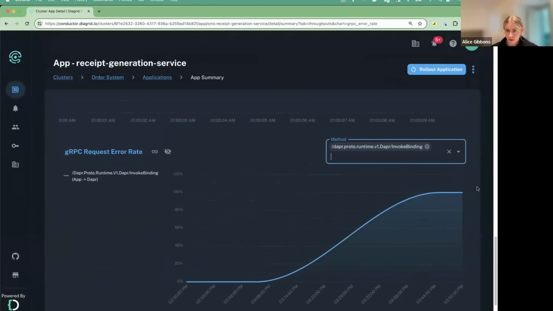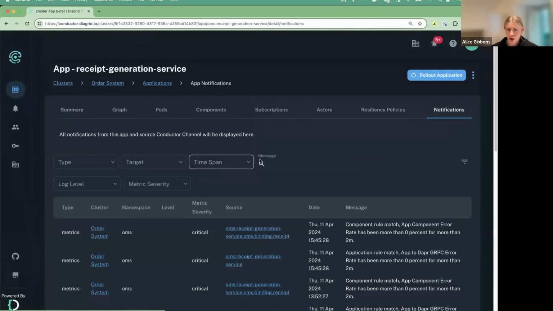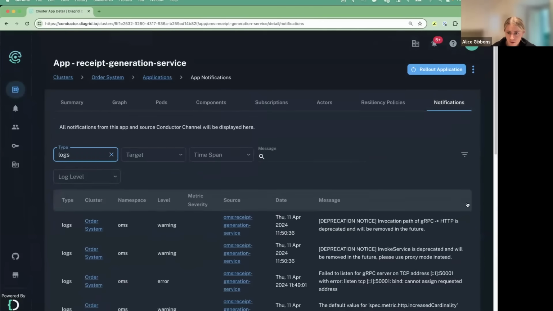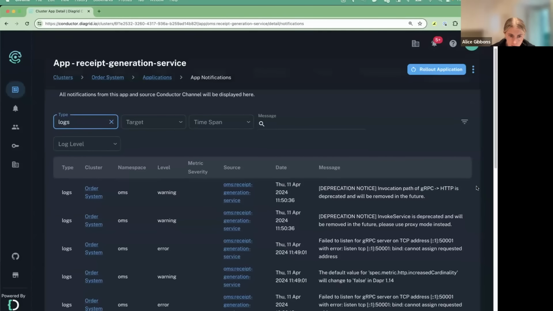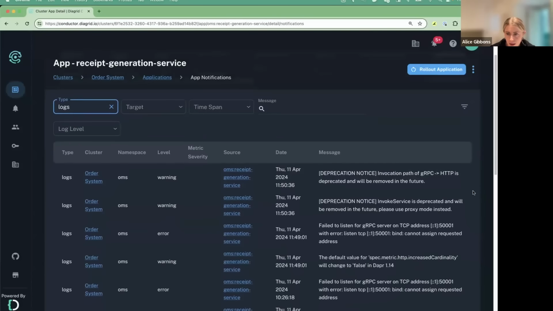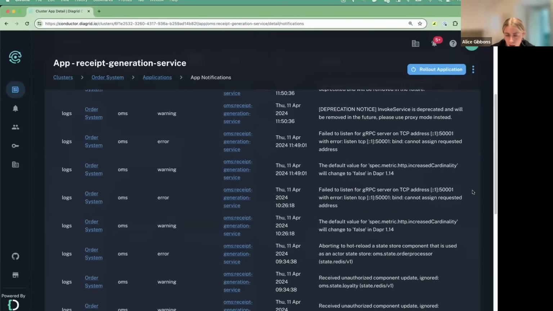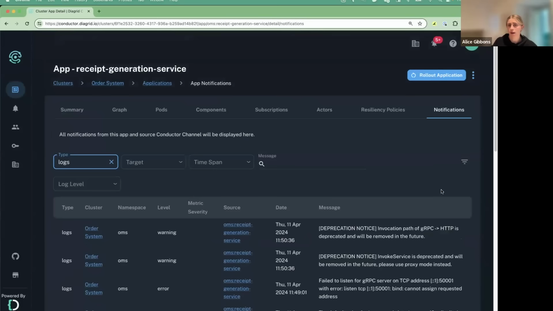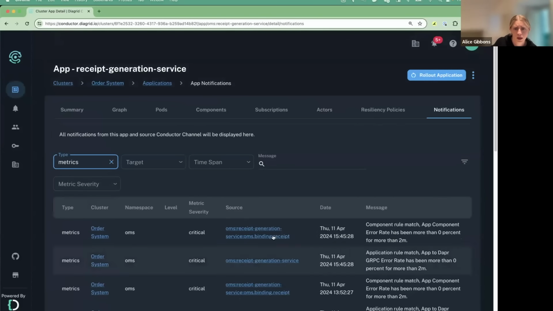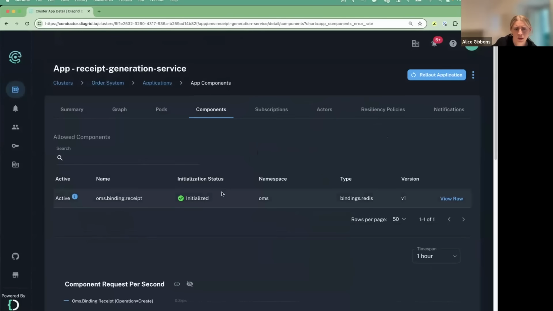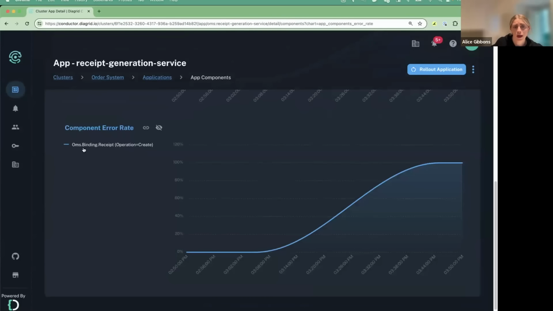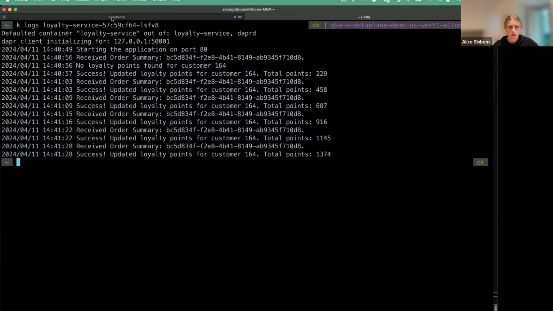I can also do some filtering. But one of the things that I might want to do here, like I said, is check the logs, see if there are any logs from the conductor that give me an idea of maybe what's going on. So I have a lot of these in here. And then, at this point, if I can't find anything coming right up in the logs, I know, based on the most recent metrics alert, this was in particular the operation create for the receipt binding. So let's just take a peek at that